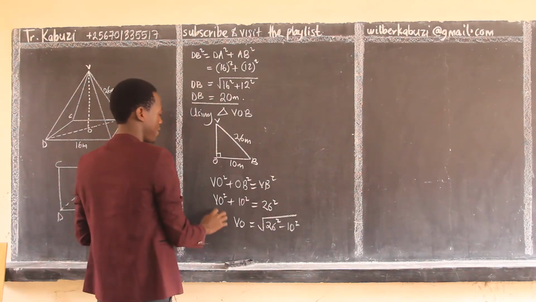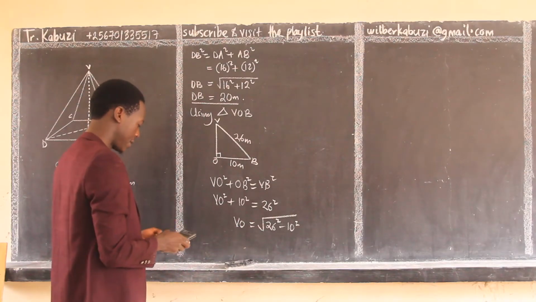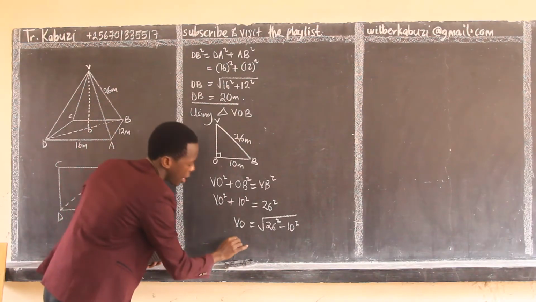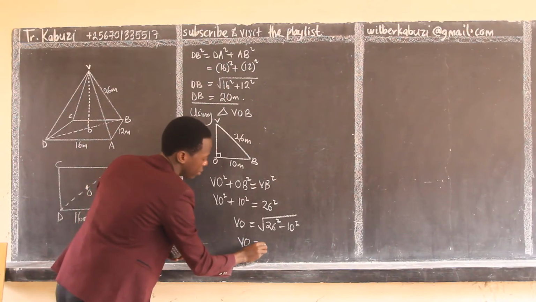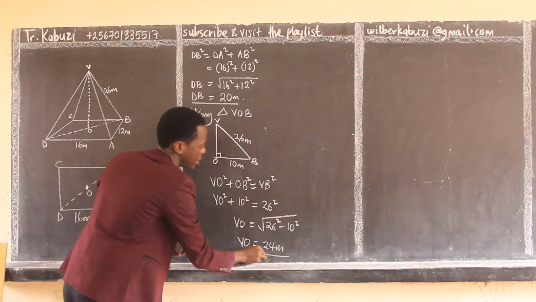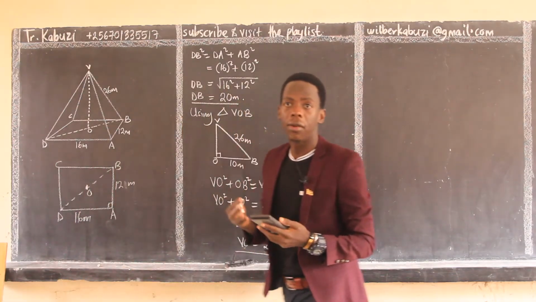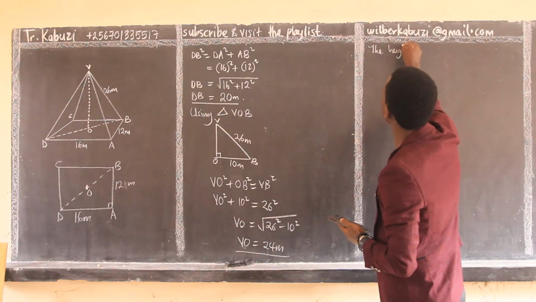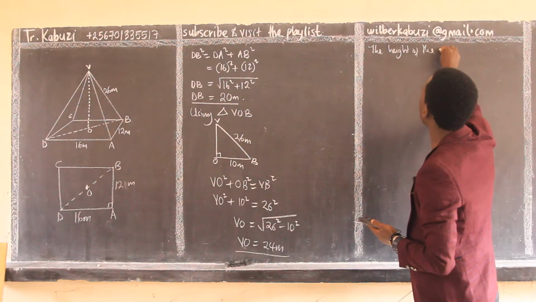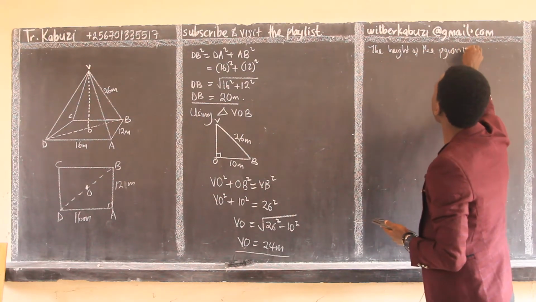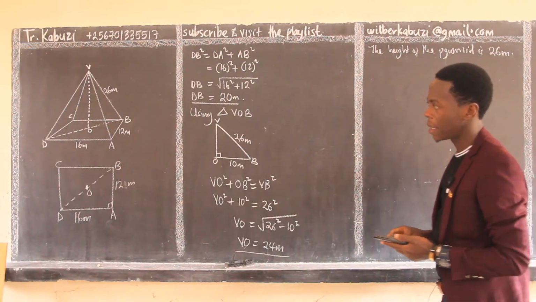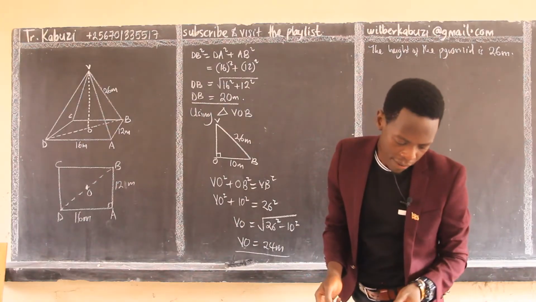You take this side across, and after, you get the square root both sides. So here our VO equals 24 meters. So this is the height. Then you reply and respond to the question: the height of the pyramid is 24 meters. Then they told us also to get the angle between